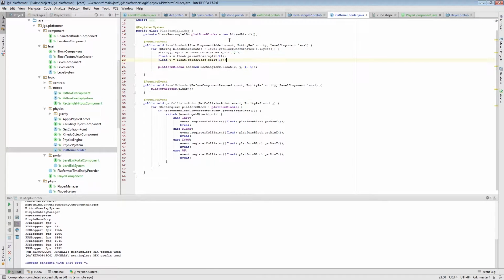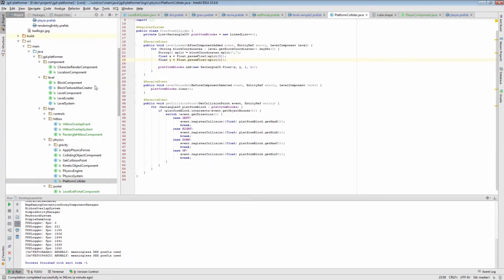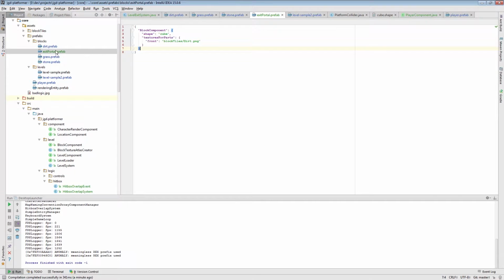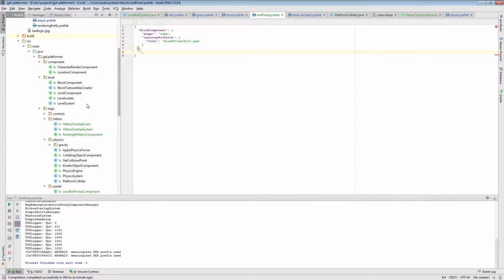However, it's not going to work still because we need to create an entity for this. At the moment, all those blocks, like the static blocks, the stone and so on, don't have an associated entity with them, because we don't want to create as many entities in the system as blocks you will have. But for this one we have to create an entity. So the way we can do this here is this. You can create a new